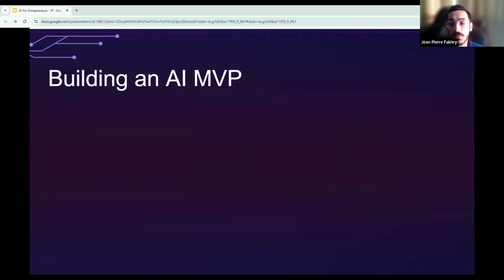Now, to build an MVP. An MVP, guys, stands for minimum viable product, and in the AI world, it means one core user scenario, one measurable success metric, and one target group of 5 to 20 users or customers. Not 100, not a waiting list of 1,000, but 5 to 20 people who will use it. That's it. And these will give you the honest feedback that you need.